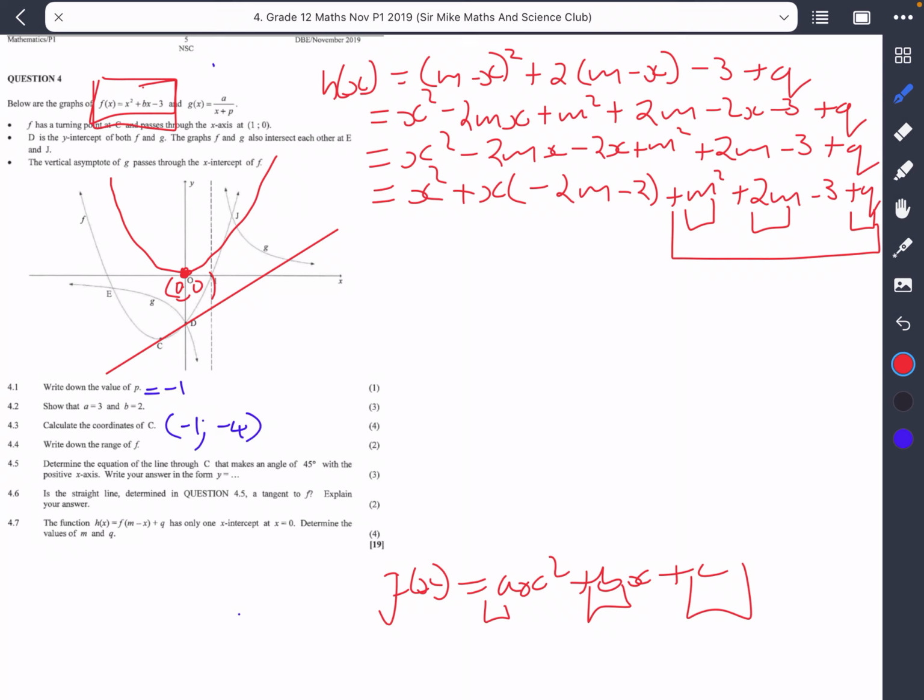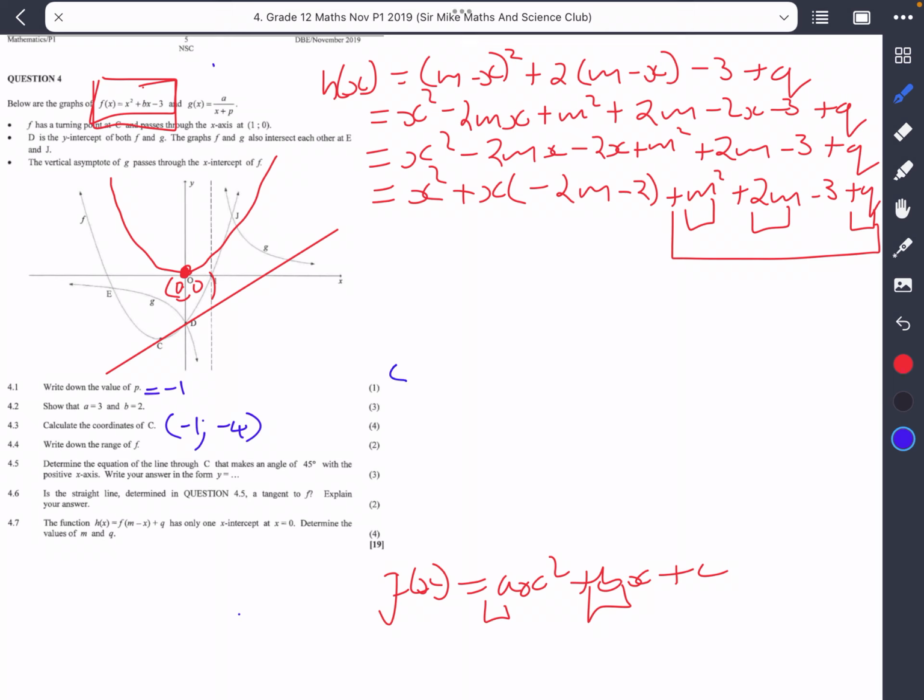So what I'm gonna do now, remember from grade 11, that the point that we have here would also be the turning point of that graph. So we know that the coordinate of the turning point is actually at (0; 0). Now remember we said this would actually be this b that we have here. All right. So I'm just gonna use the grade 11 method. Now remember, if we were looking for the x-coordinate of the turning point, we were gonna say that x,